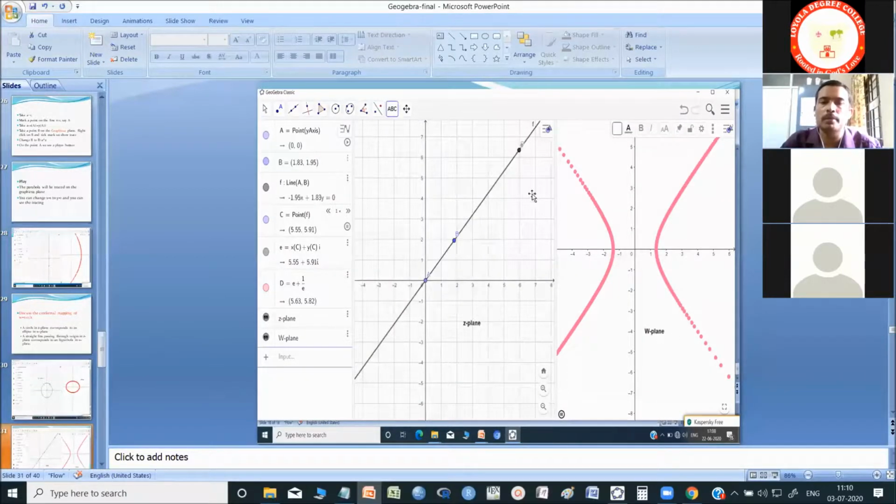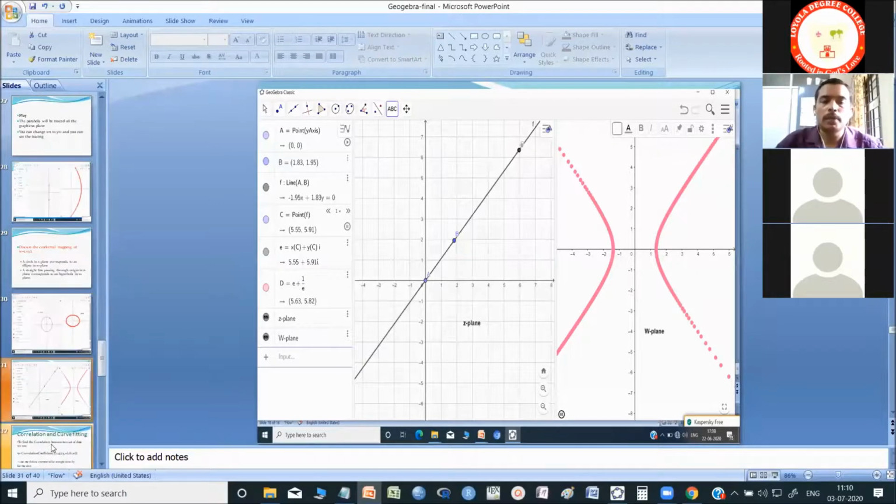This is the z plane, w plane. A straight line in the xy, that is the z plane, and a parabola in the w plane. Okay, so this is about complex analysis.